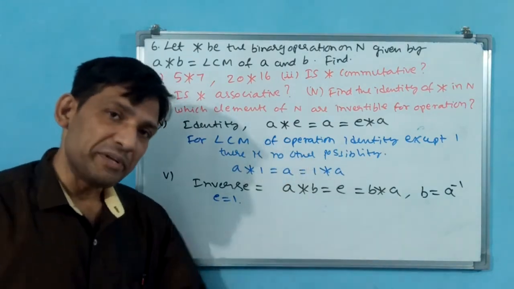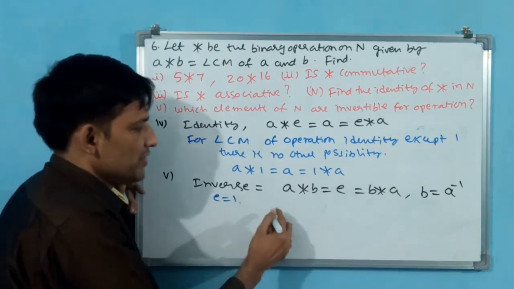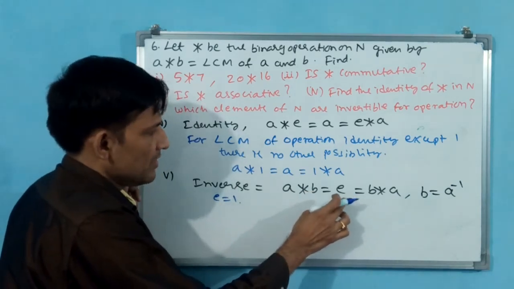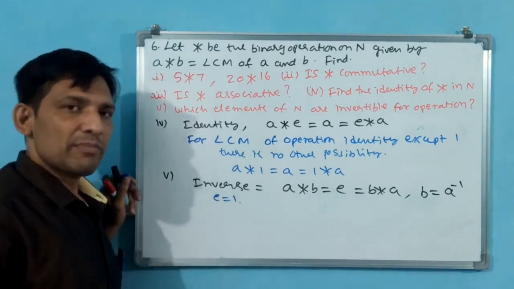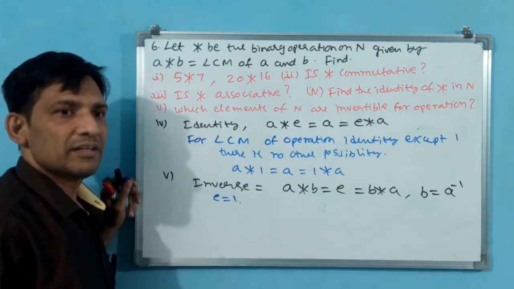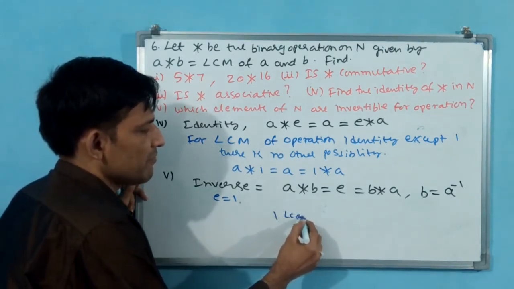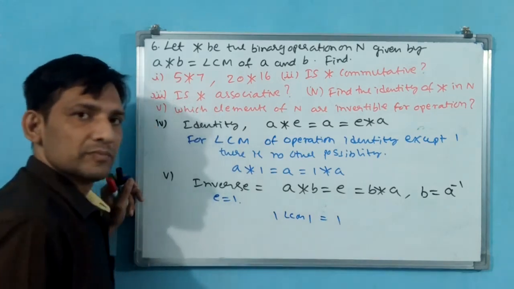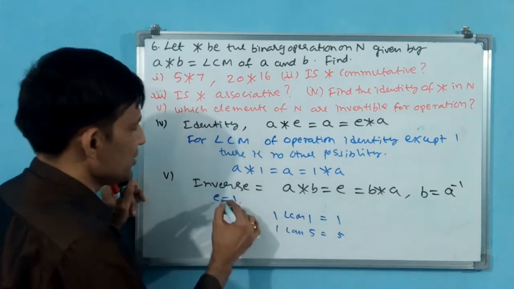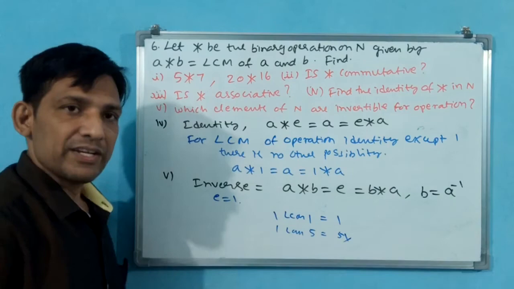Now multiplicative inverse you have to see. See, AB or LCM here. If you take LCM, then 1 has to come. Which numbers are satisfied? You tell me. Only 1. That means if you take LCM of 1 and 1, then 1 will come. If you take LCM of any number with 5, then 5 is going to come. This will not become 1. That is why except 1, you cannot take any number.